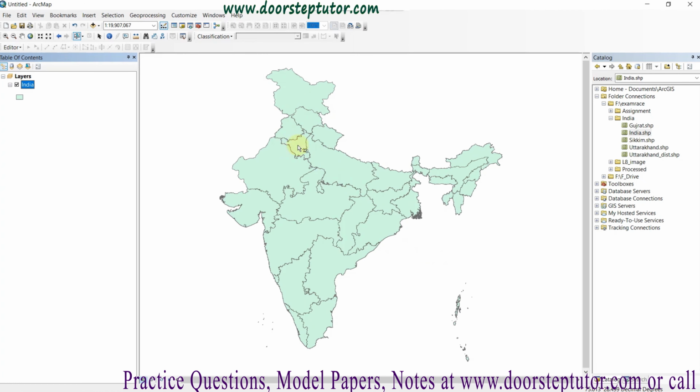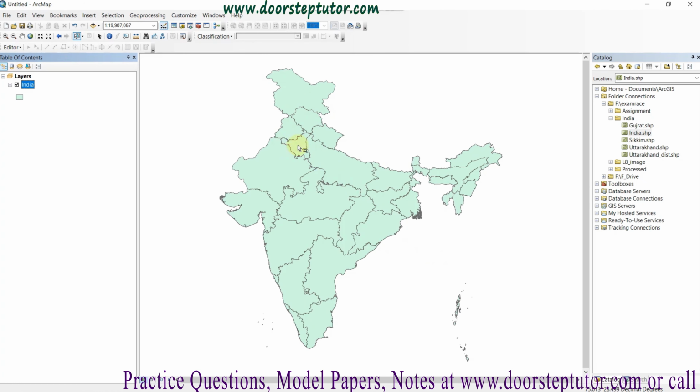So now if I want to do any editing or any work or create anything, I can work with that data only. After my work has been completed, I simply go again to the properties, remove the definition query, apply and OK, and you will be able to see the whole map of India.